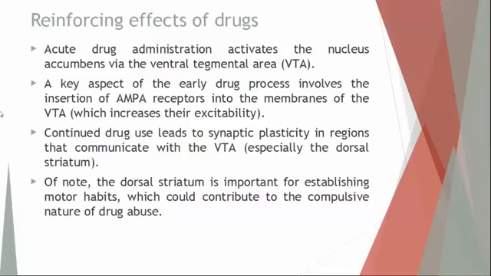Dopamine is what makes you feel happy, makes you feel good. So if there's a lot of dopamine, you're going to feel really happy to the point of a euphoric sense. So using stimulants like cocaine, like amphetamines, and other types of drugs will activate the nucleus accumbens in this area, the VTA. And how that works is stimulants like cocaine, like amphetamines, will mimic the effects of dopamine. And the way it does that is it will activate certain receptors called AMPA receptors in the membranes of this VTA region.